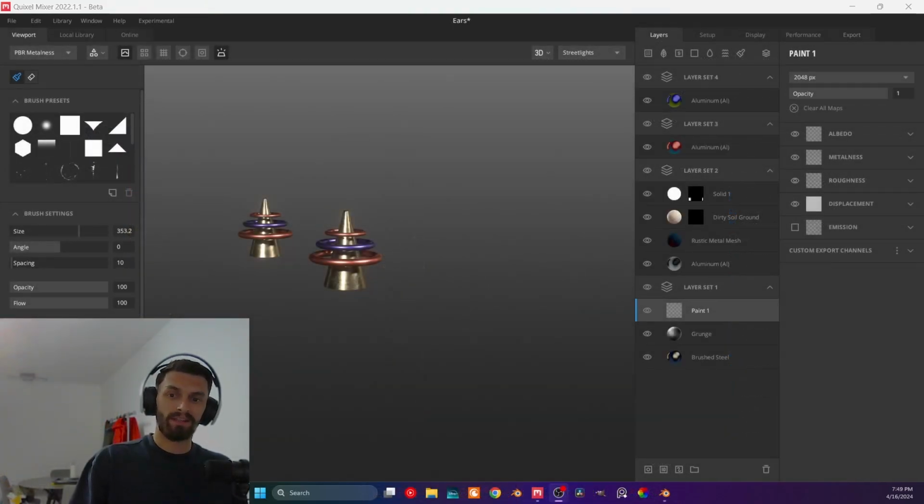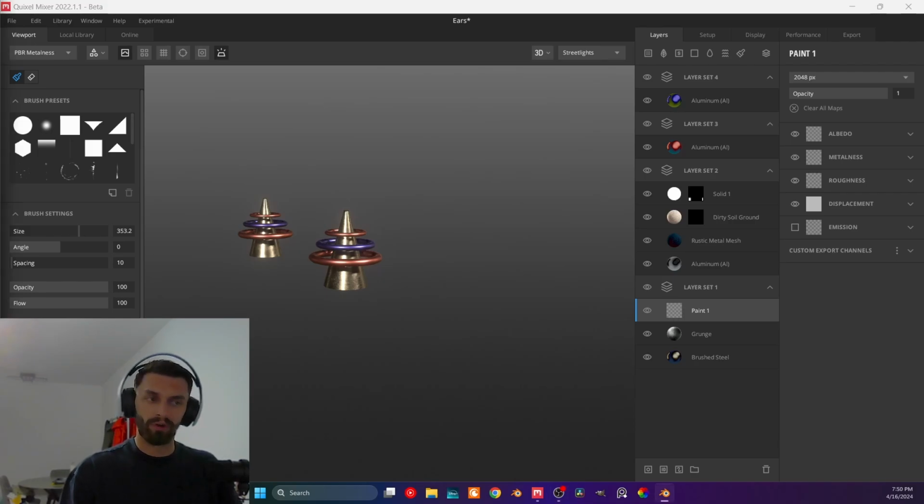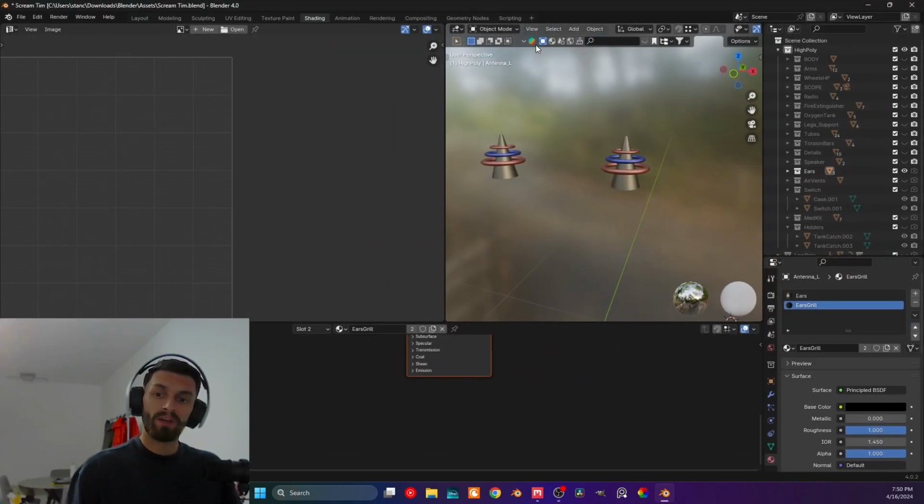A little thing that I did not take into consideration, actually I did talk about it a little bit: when you paint on one side and then you see the reverse of it on the other side, the reason that happens is because you have the same body that you had mirrored, and when you did the UV unwrapping and you separated them, as I did, I made this mistake, which I'm sorry for, because I know it's annoying. What happens is,